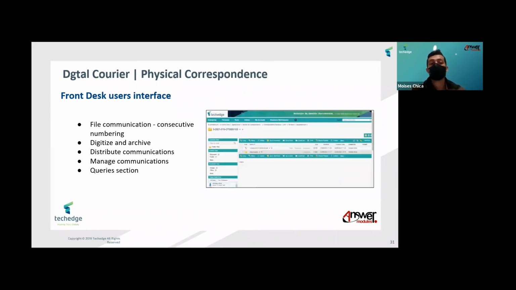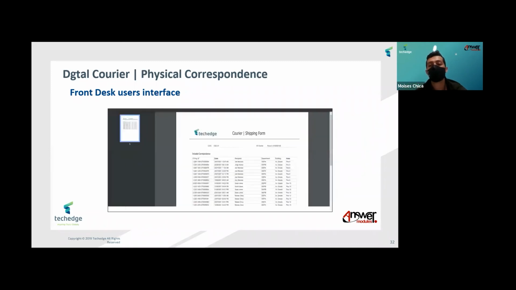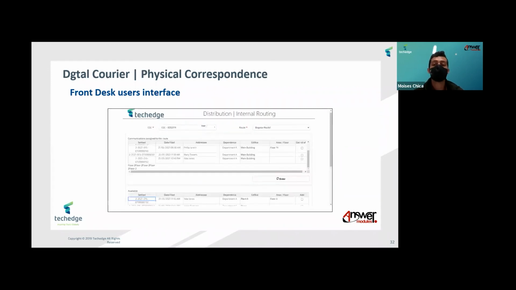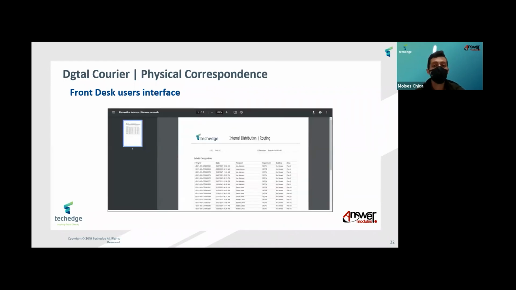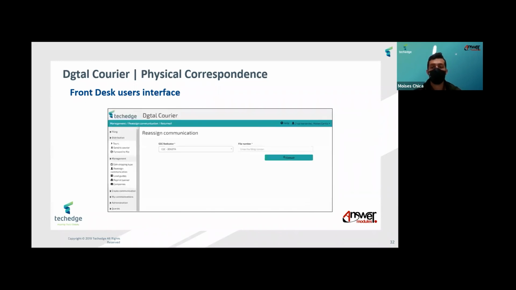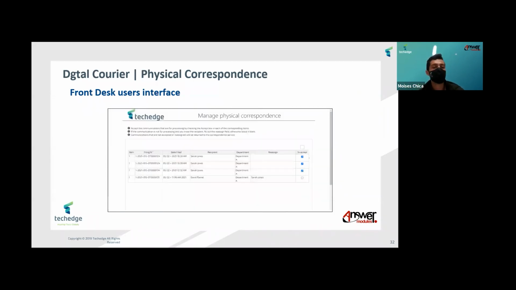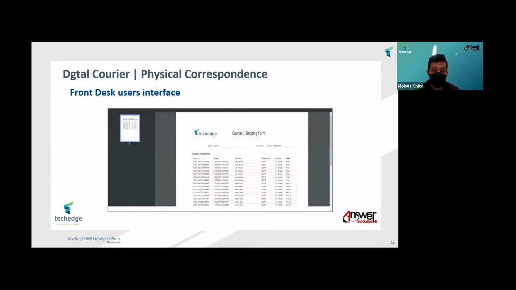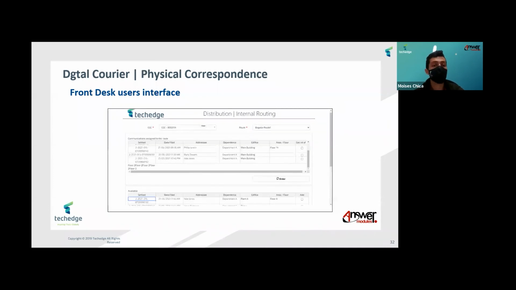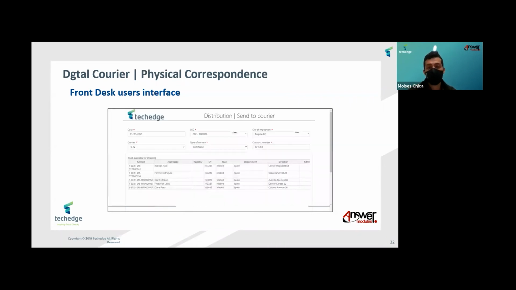And other functionalities for distribution and management is that, as I told you, the system will allow them through forms to generate internal delivery routings and dispatch forms in order to send communications through courier services that are also parameterized in the system, which can be changed by the administrators, and also to manage certain physical communications, for example, making reassignments, changing the distribution types from one to another, and allowing the user to also load the shipping tracking numbers through a form that will do it